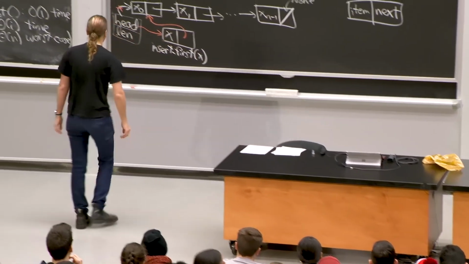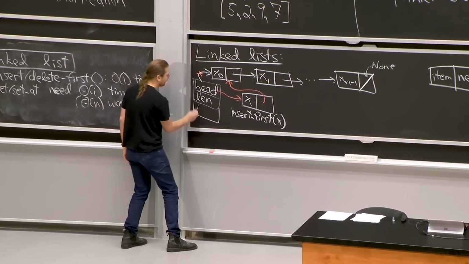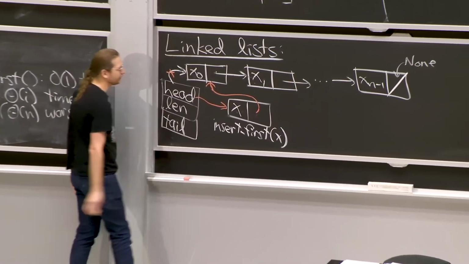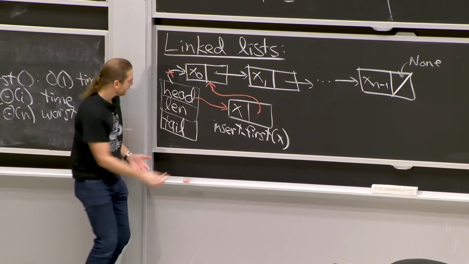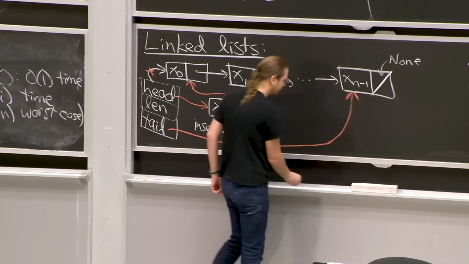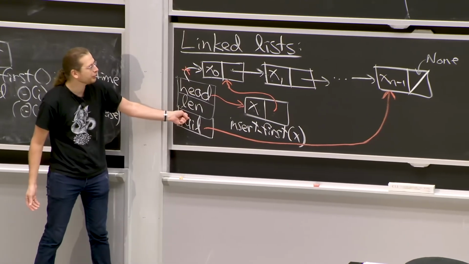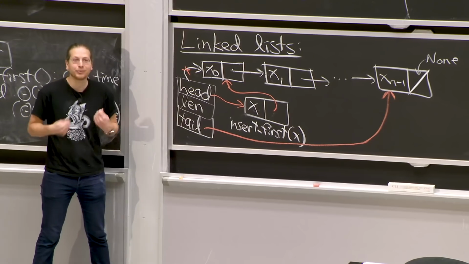Store a pointer to the last element. That's all we need here. And often a doubly linked list has this. I usually call this the tail, head and tail. And if we always just store a pointer to the last element, this is what we call data structure augmentation, where we add some extra information to the data structure,